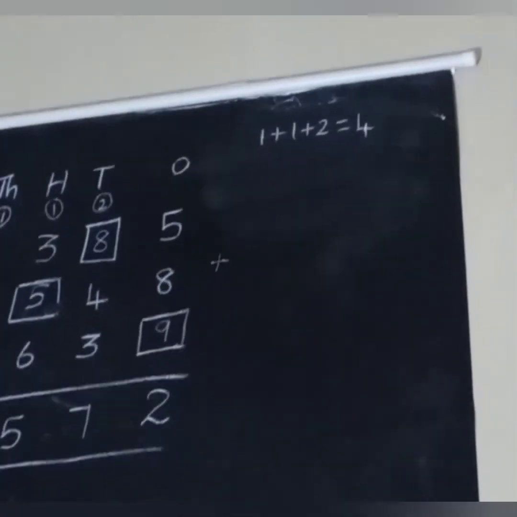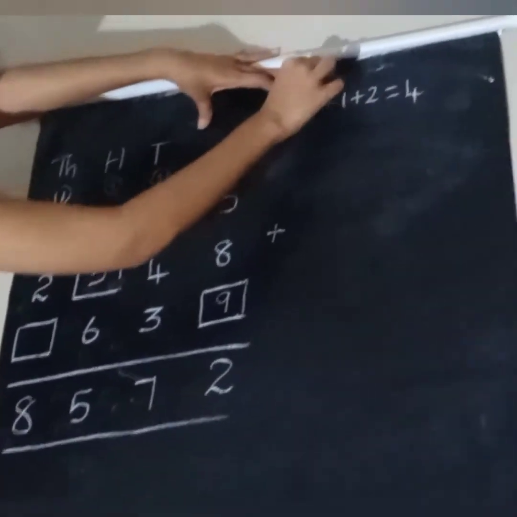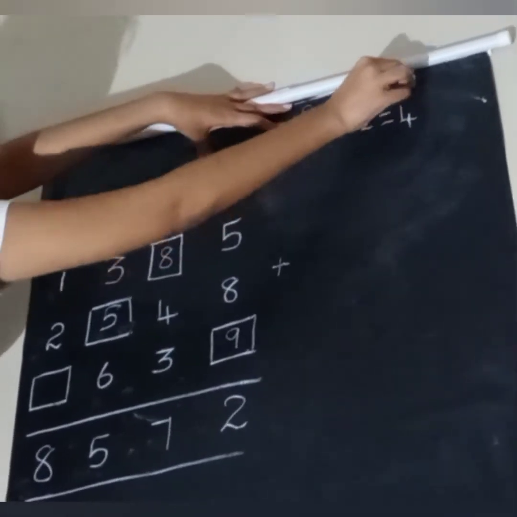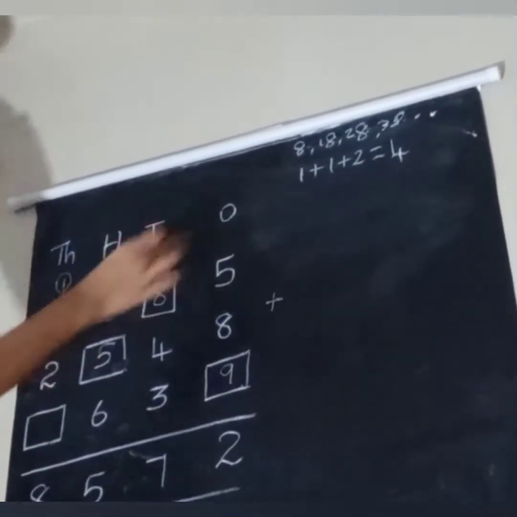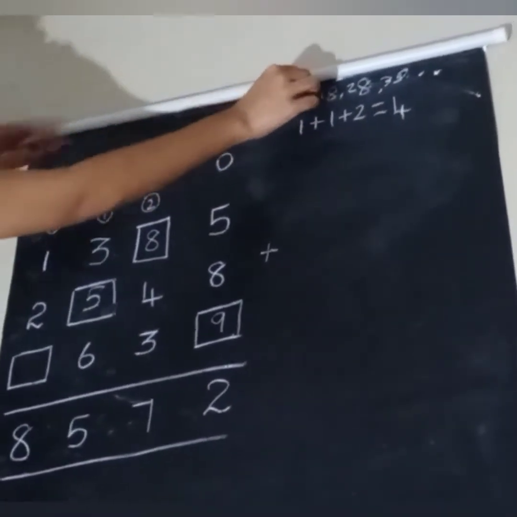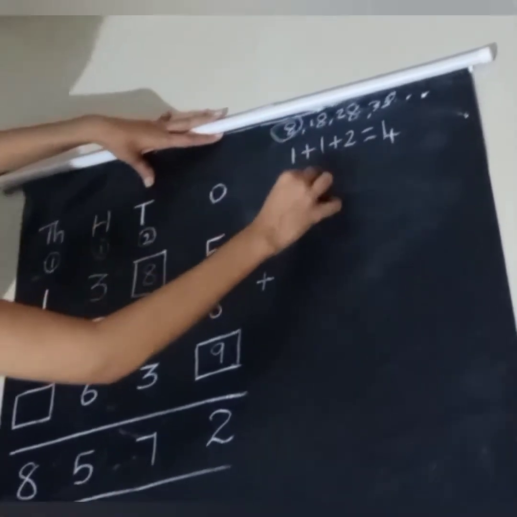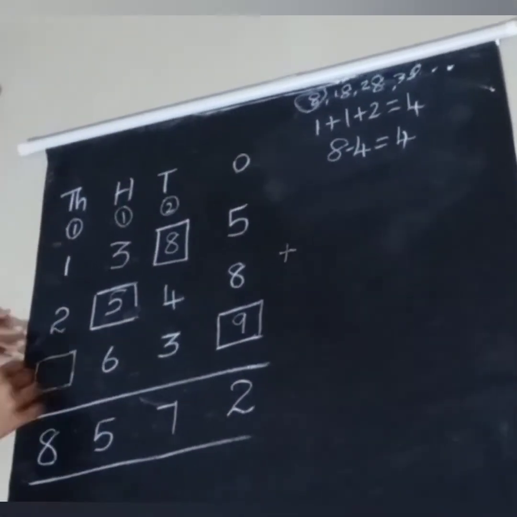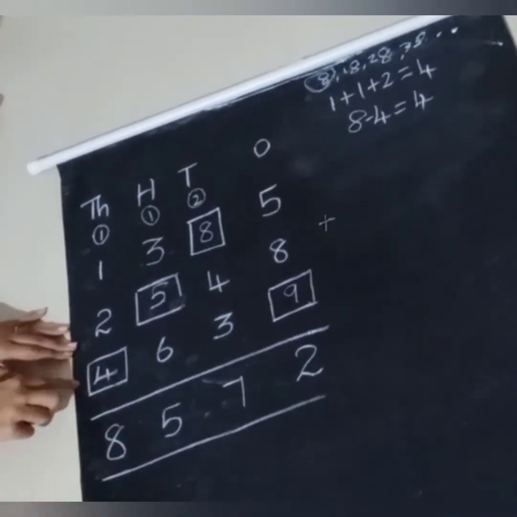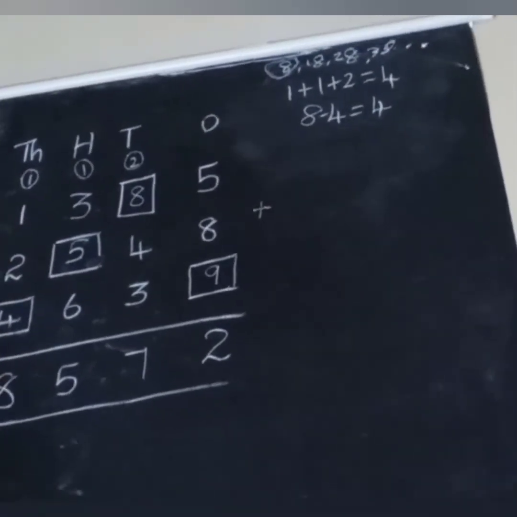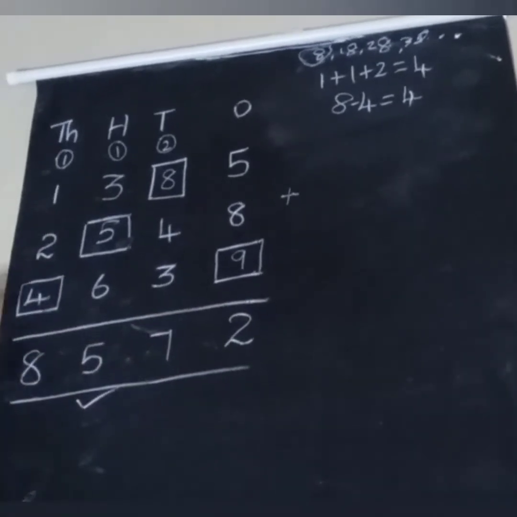You have 8. So write all the numbers that end with 8. That is 8, 18, 28, 38, 48, etc. Now you just compare these numbers with 4. Which is greater than 4? Yes, 8. Actually all the numbers are greater than 4, but you have to select the first greater number. That is 8. Now you just subtract 4 from 8. 8 minus 4 equal to 4. So mention that 4 in that empty box. So that's it, students. Is it clear?